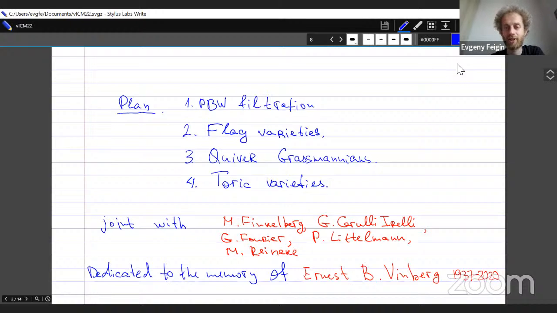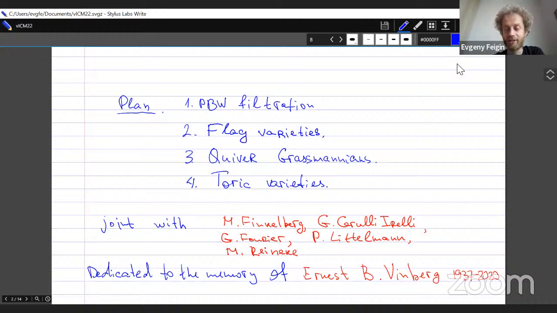This quiver Grassmannians description of the degenerate flag varieties in types A and C turned out to be very useful for both sides, for both directions. It is a tool to discover and understand the structure of flag varieties, and also there are several results in the theory of quiver Grassmannians obtained via this link.